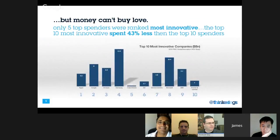So the funny thing, though, is like most things in life, money can't buy you love, and so you can spend a great deal of money trying to innovate and throw money at problems. But what's really interesting as part of the study is that the top 10 most perceived innovative companies actually spent almost half of what the top 10 spenders actually spent, and only five of the top spenders were actually ranked most innovative. So about 25% of the top 20 who are actually spending dollars are viewed as and perceived as